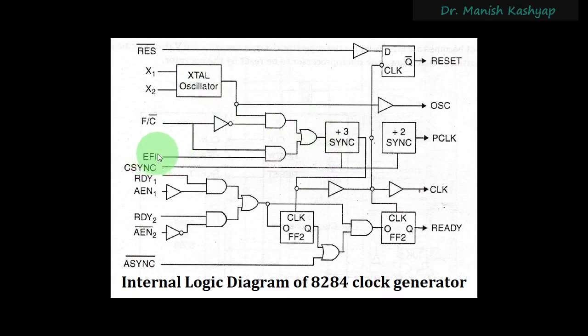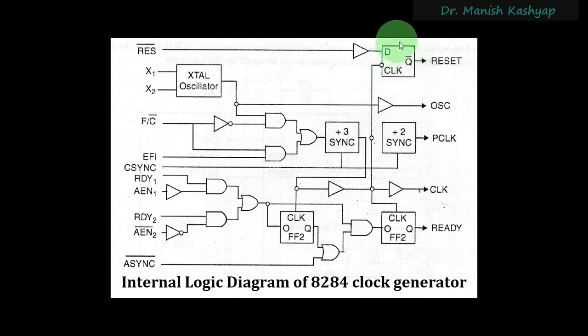Now, another thing is that if you want to reset your microprocessor, you have to apply a reset signal, not at the pin of the microprocessor, but at the pin of the 8284 clock generator, right? If you make this signal high, there is a buffer kept here, as well as a Schmitt trigger. So this is a Schmitt trigger plus buffer. Now this will appropriately make this on, right? This is a D flip-flop, a simple D flip-flop. You are all aware of how a D flip-flop performs.